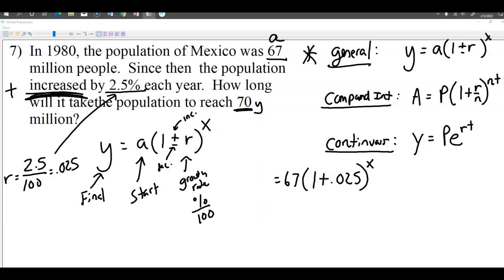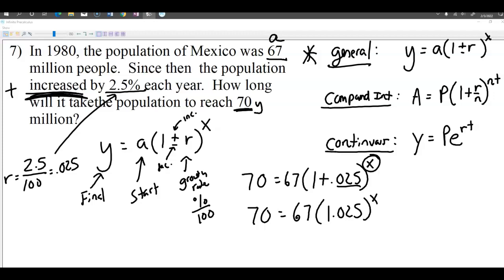So the population starts off at 67, it ends off at 70 million, and the growth rate is 0.25, and it's increasing. My goal is to find x, and that will be how long it takes for them to reach. X is the time in this case. So let's go ahead and simplify it first of all. We have 70 equals 67 times 1.025 to the x power. Now I want to solve for x. That's going to tell me how long it took